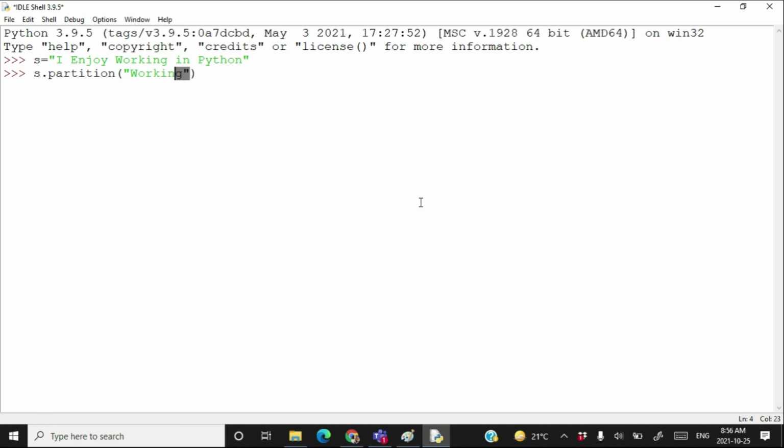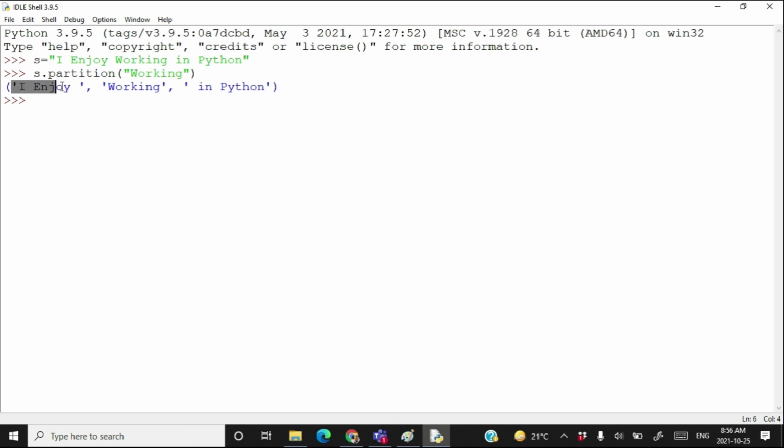The string passed as an argument to the partition method is called the separator string. Press enter. This creates a tuple with 3 entries. A partition method always creates a tuple with 3 entries only.